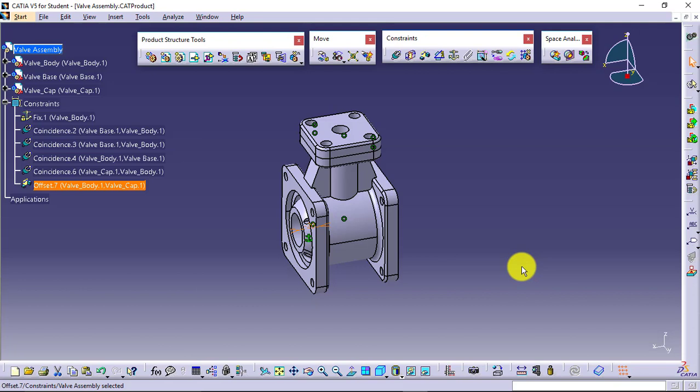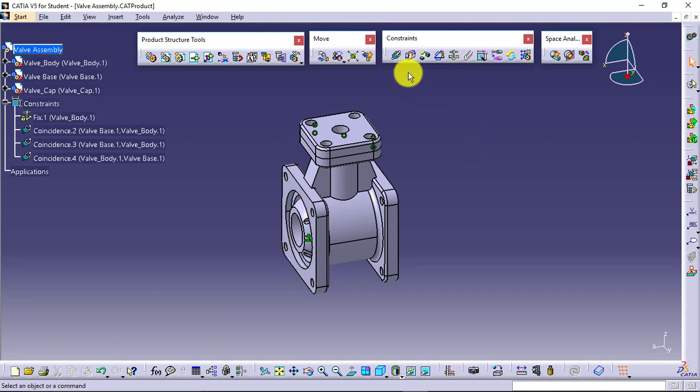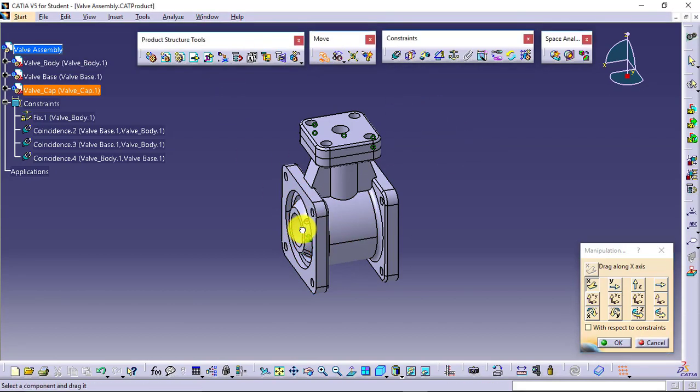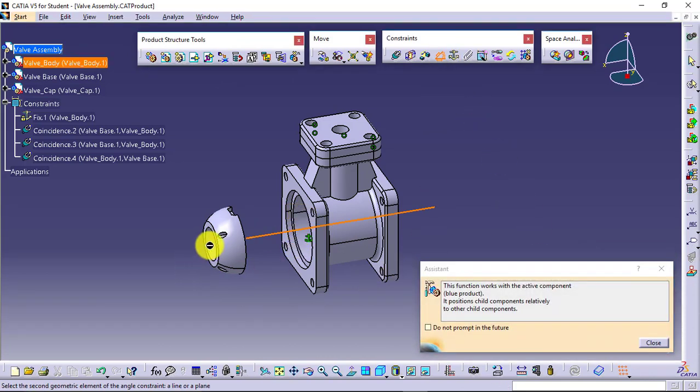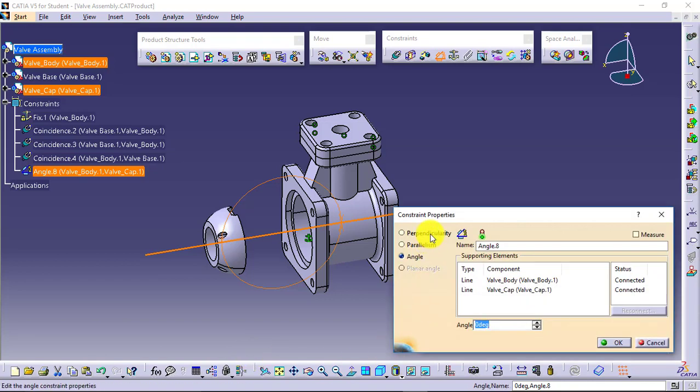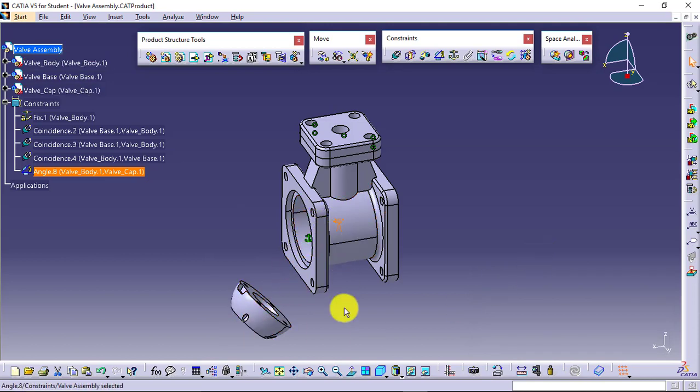Similarly, if you want to give the angles, that also you can give. I'll delete the constraints. Now this is available like this, this is available like this. Say I want to give angle between this axis and this axis. Angle constraint actually allows me to give three types of constraints: perpendicularity as well, parallelism as well, and angle as well. Say if I want to give the angle as 45 degrees, okay. So these two will always be at 45.